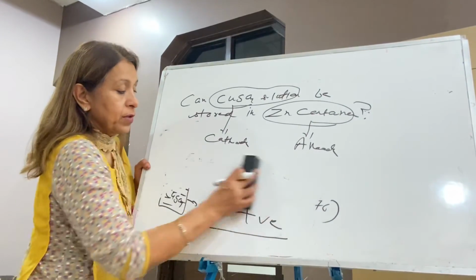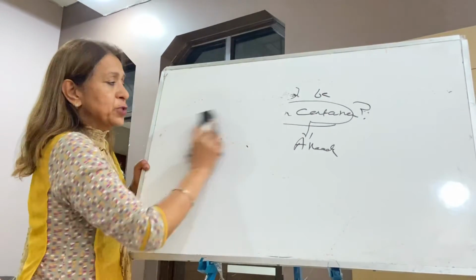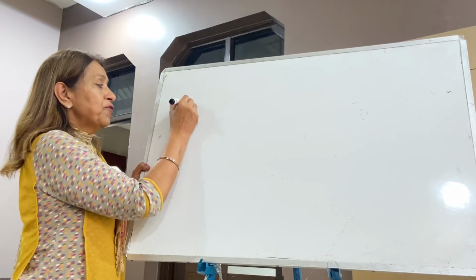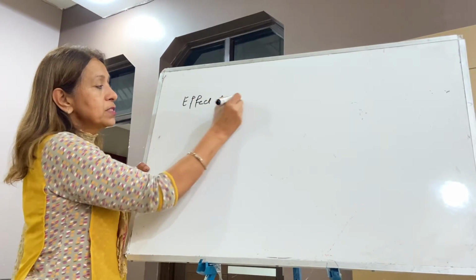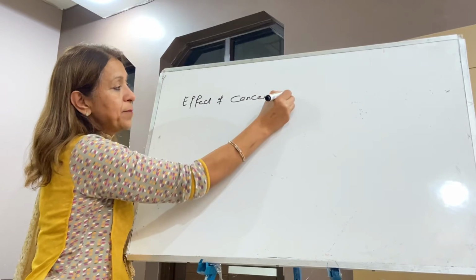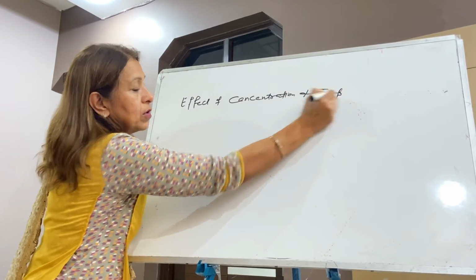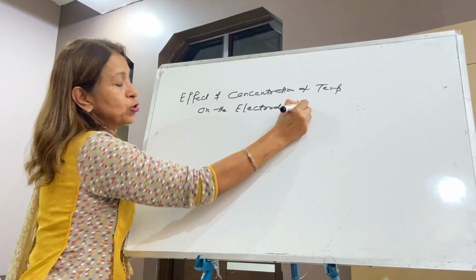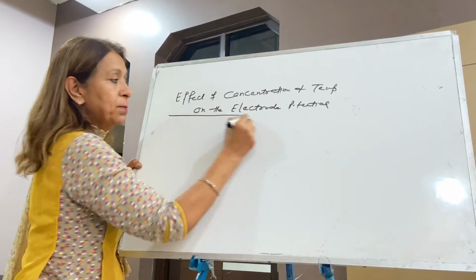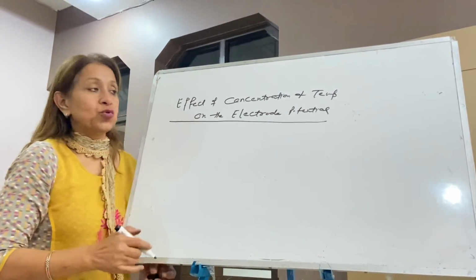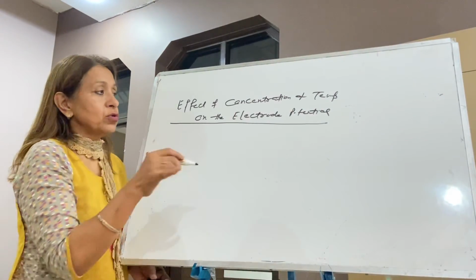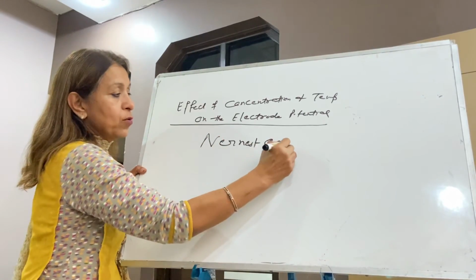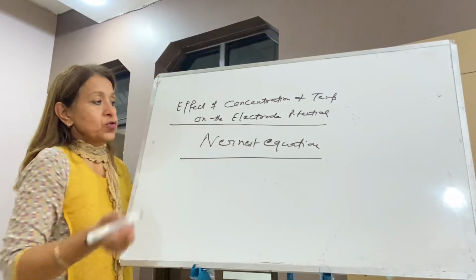This is all about it. Your next topic is again based on the same thing, which we will take in the next lecture because it is the most important topic of this chapter: effect of concentration and temperature on the electrode potential. That is the Nernst question, we will take tomorrow. Now, a very simple type of numerical, but I have touched the basic numericals today. So this is very important. Every year a question came from this topic. This topic's main name is the Nernst equation. We will take it tomorrow. So this is all. Thank you.